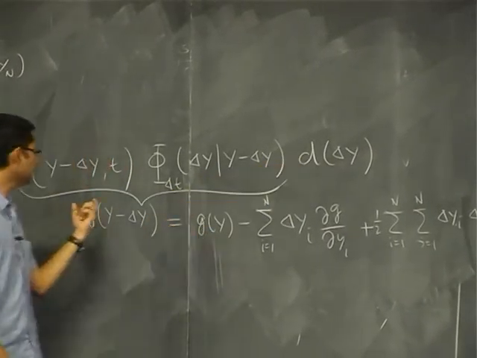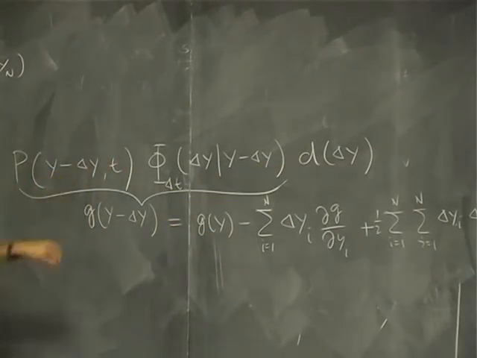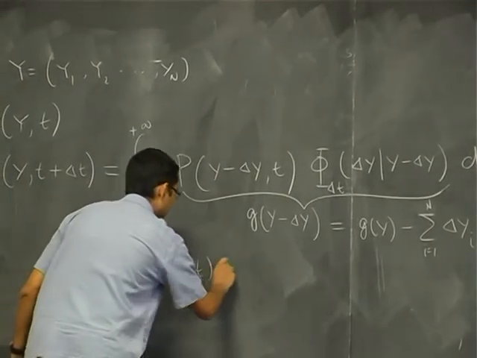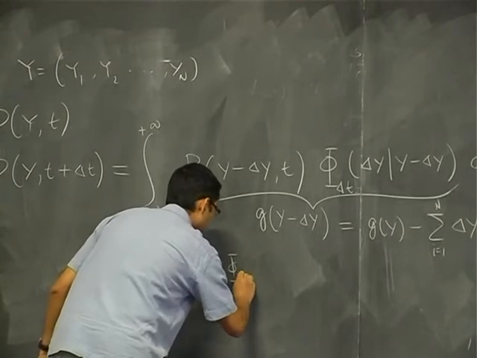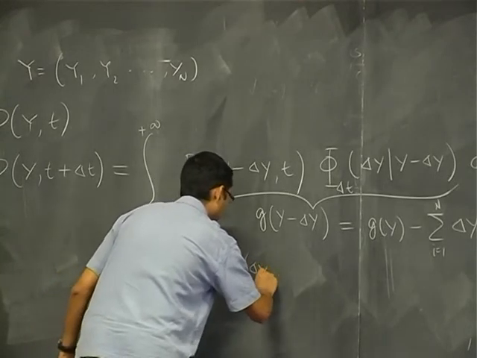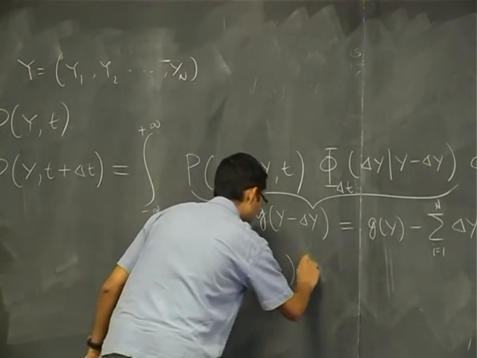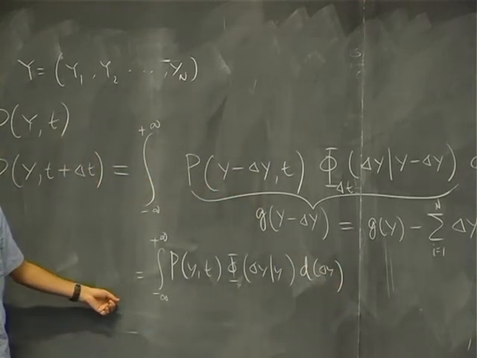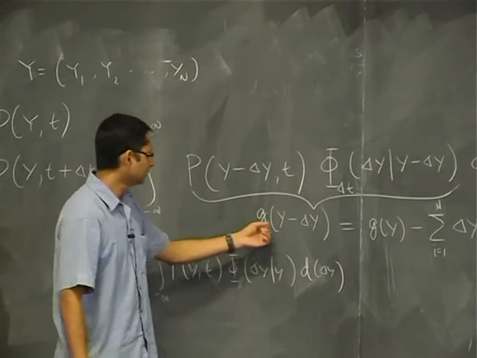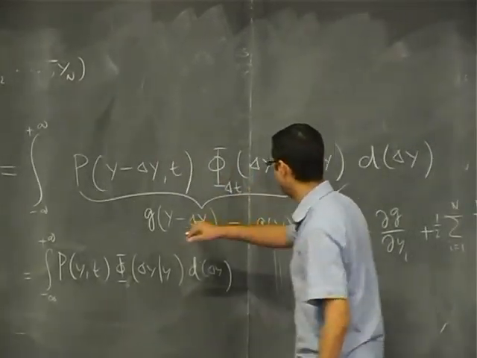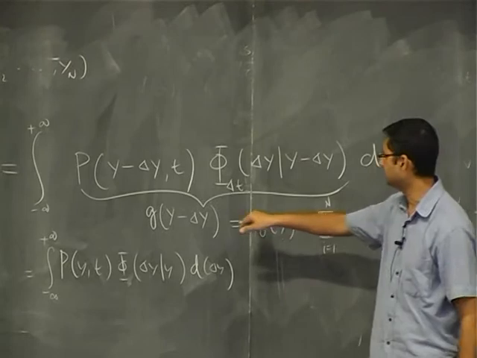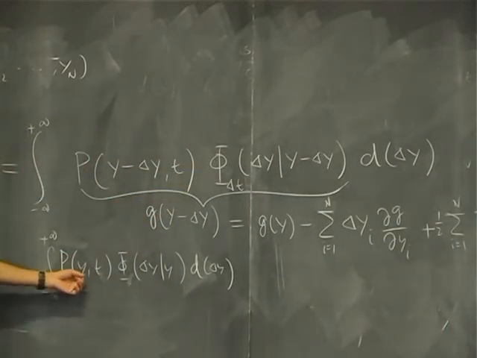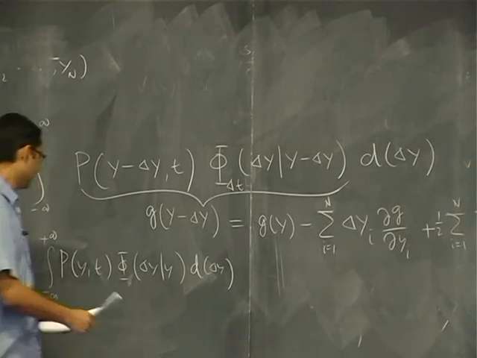So G of y is what? G of y is P of... right? So let's write down P of y times phi of delta y, y, d of delta y. So this is the first term, right? This is the definition of G at y minus delta y. So G of y is basically replacing whatever thing for y, right? Second term,